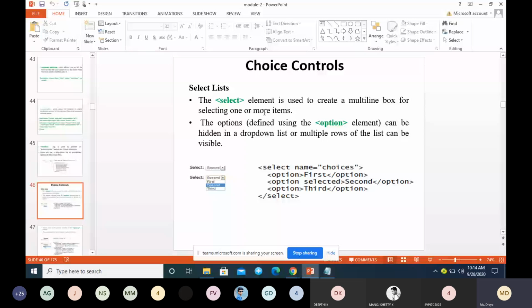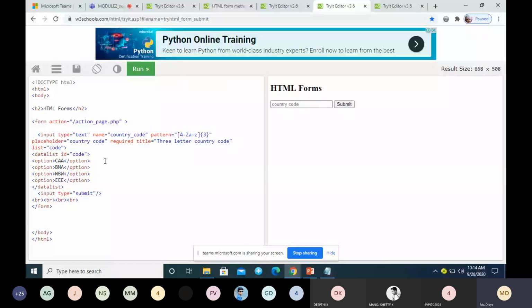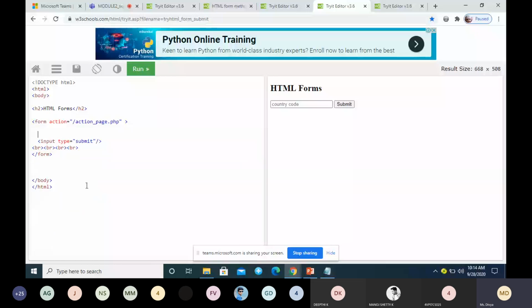Okay. So I'll show you. With this we are done. Everything is done, so I'll delete it. So we are going to the fresh topic, that is choice control. So in choice control, we are using a tag called select, where you can select multiple options, and inside that we are going for a field option.